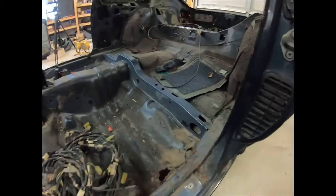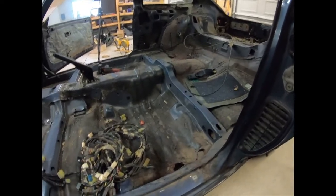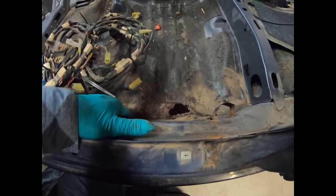So, I mean, slick tops are kind of a rare car, but I don't know. It's just a lot of work for something that I actually want a sunroof. So, yeah, this is bad. But anyways,